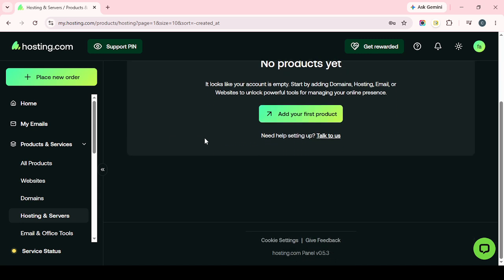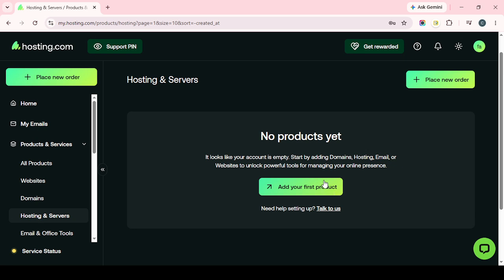After the installation finishes, your SSL certificate should be active on the selected domain. At that point, your site can begin serving pages securely over HTTPS. If needed, it's a good idea to verify that the